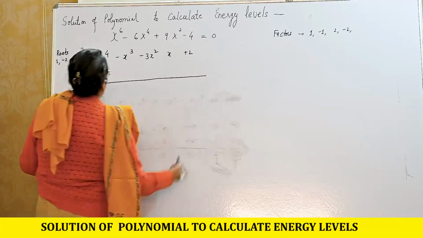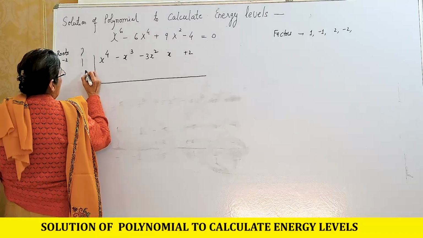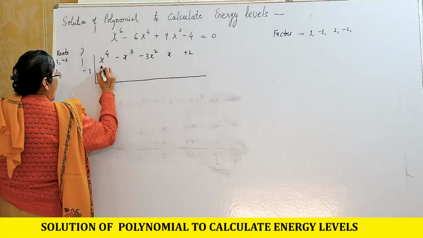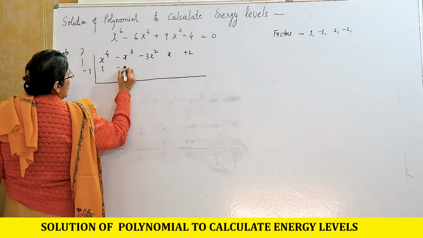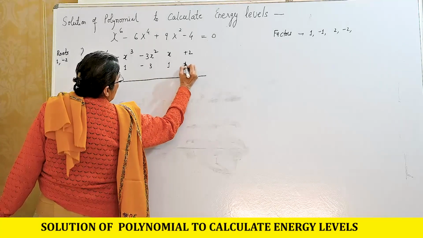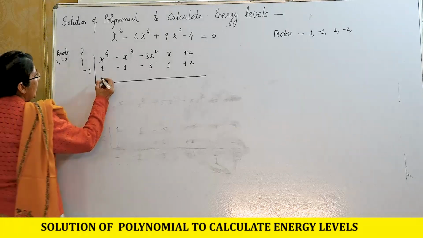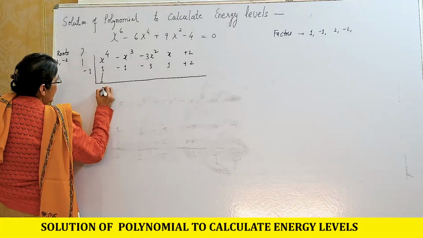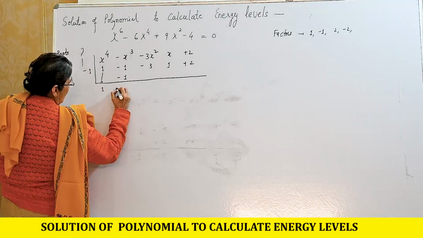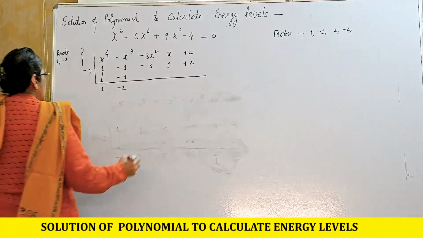We will draw a horizontal line and now we take minus 1. So it will be in the form of 1, minus 1, minus 3, 1 and plus 2, which is the constant. So we take 1 as such, minus 1 is minus 1, minus 2, minus 2 minus 1 is plus 2,